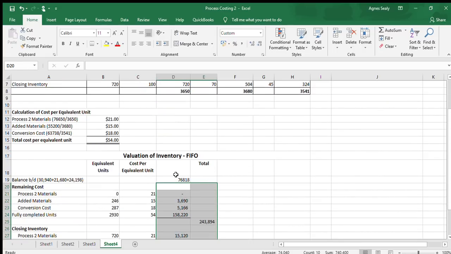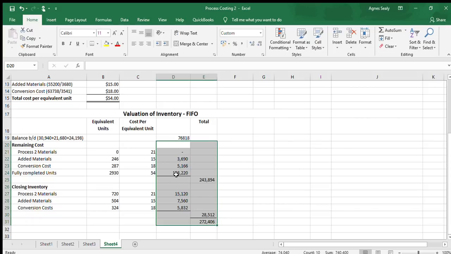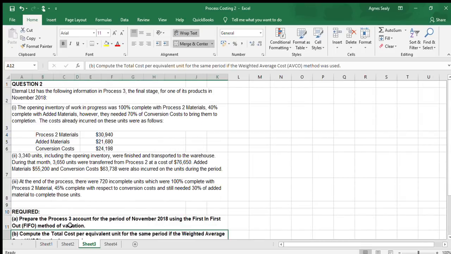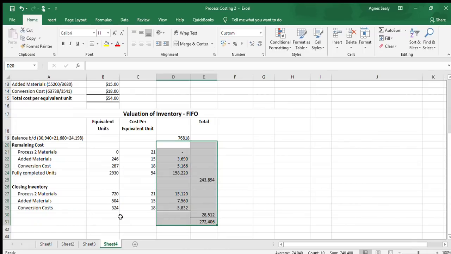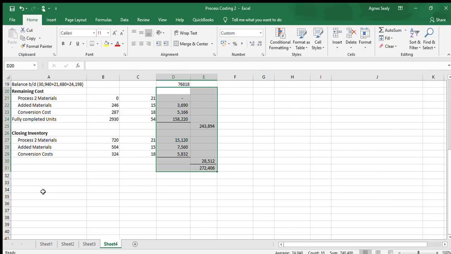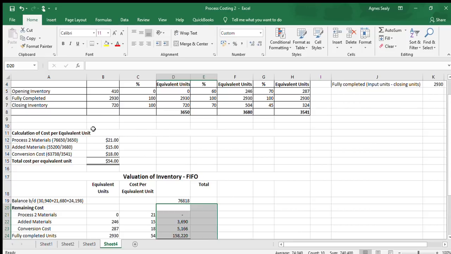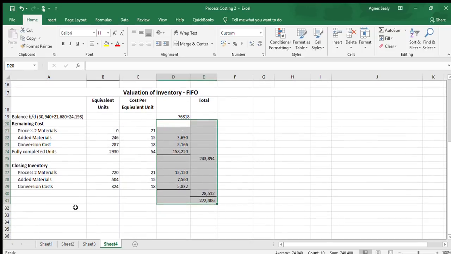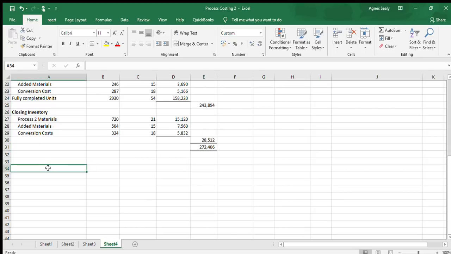So now the next step for us to do is to complete the process 3 account, because the question asks us to prepare the process 3 account for the period using the first in first out method of valuation. So we complete the process 3 account because that's what we were aiming to do. But in preparing the process 3 account, we had to do some additional calculations so we can prepare the process 3 account. So our process 3 account,